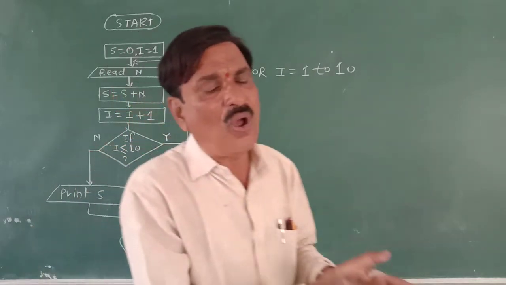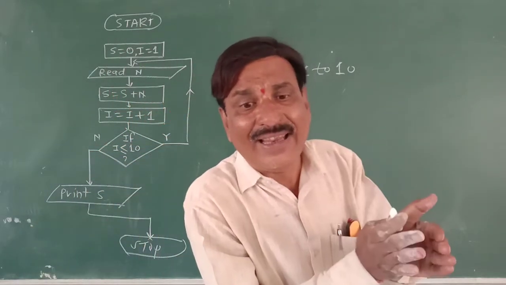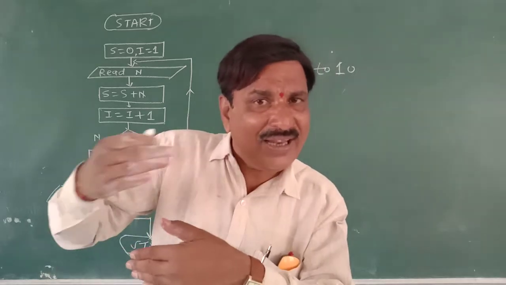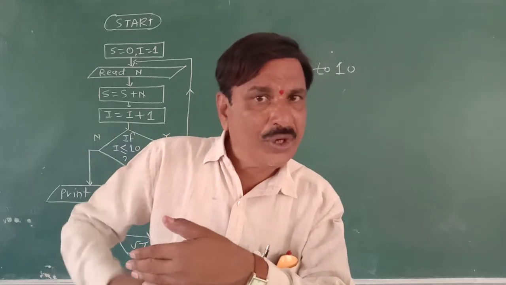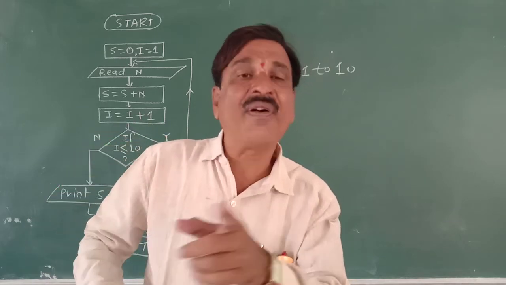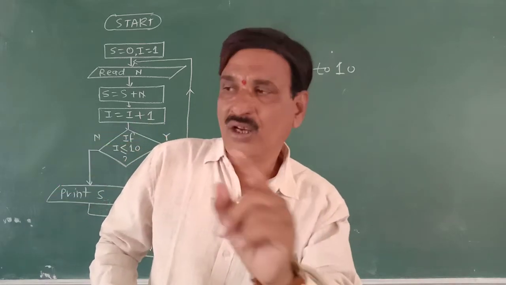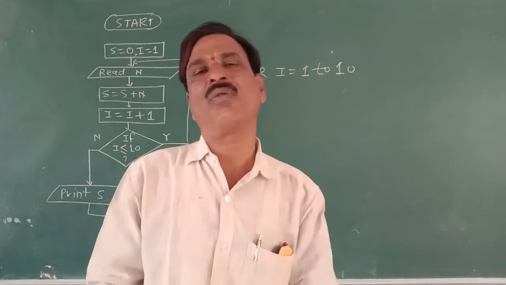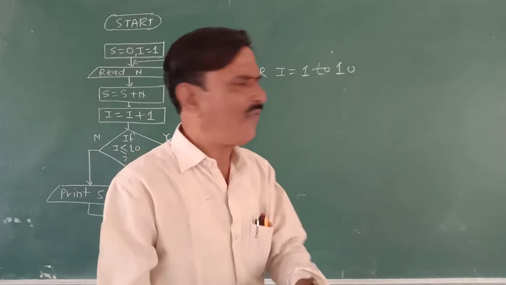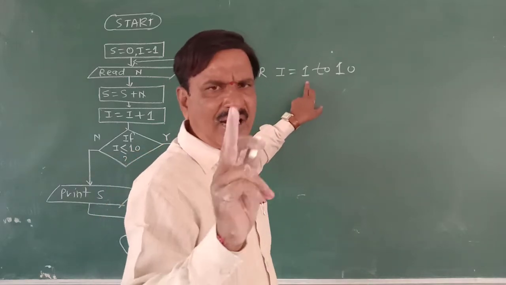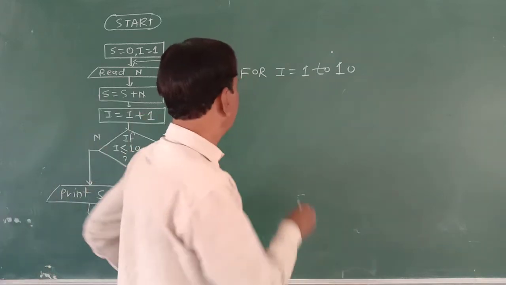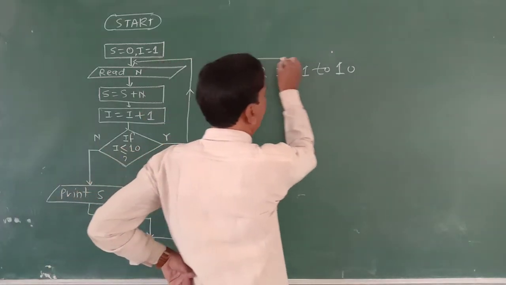It means apart from our read and add activity, we are having one more activity, that is incrementing the counter by 1 to reach 10, and every time we are asking the question to verify whether the counter is still smaller than or equal to 10 or not. Instead of that, I can instruct the computer: the value of I is 1, and until it becomes 10, you repeat the thing. So this is the loop, simple.